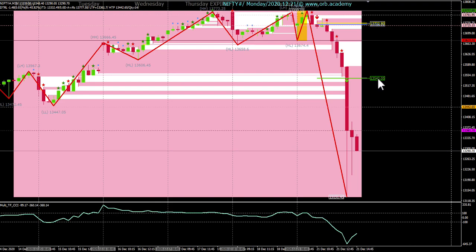So it was practically impossible to miss this trade for the Nifty lovers, those who trade in Nifty. It was practically impossible to miss the trade had you been aware of the Nimblr concepts and were using them practically in your use. I have just displayed this on MetaTrader 4,